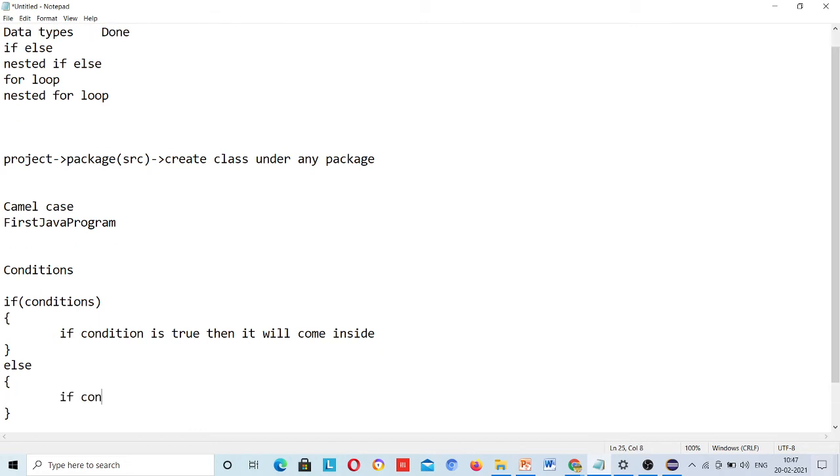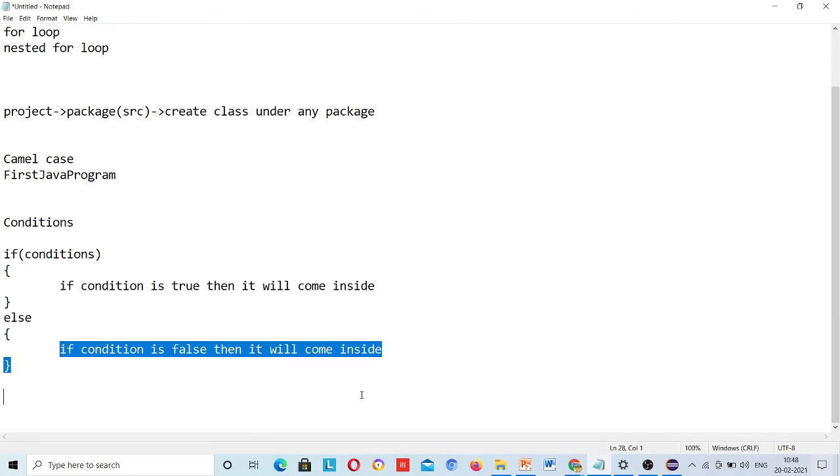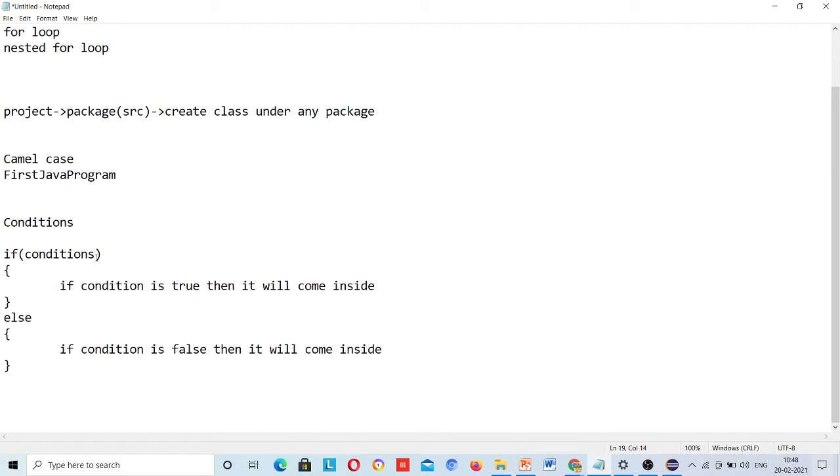Okay, this means if the condition is true, then it will come inside the if part. If the condition is false, then it will come inside the else part. The condition will be written here. This is the syntax.